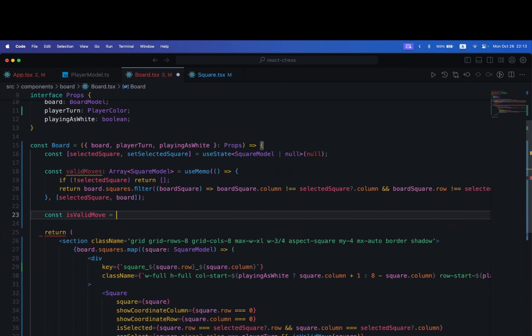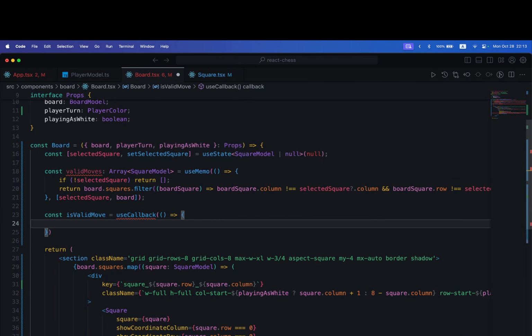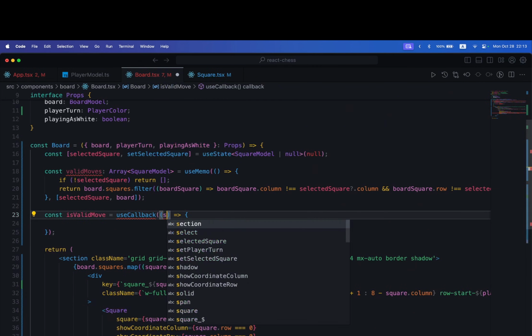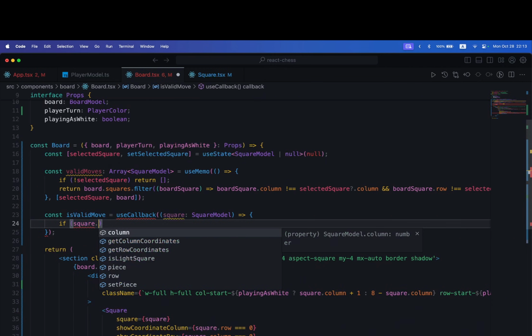I'm going to use here now useCallback, because we're going to memoize the function itself and not the result of it here. So useCallback memoizes a function, useMemo memoizes a result, a variable. I'm going to import it, of course. Now, just missing. And here we're going to say receiving a square model and check if square.row